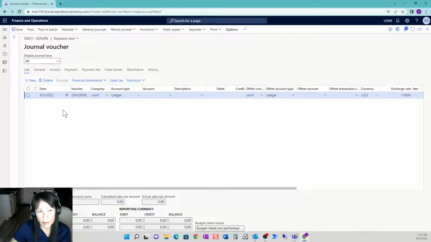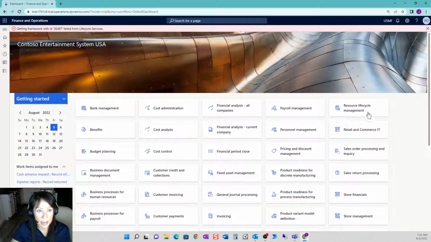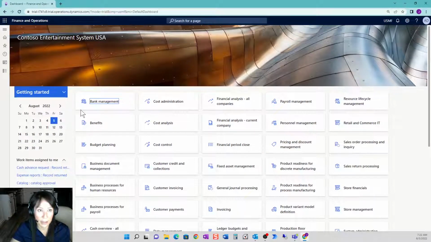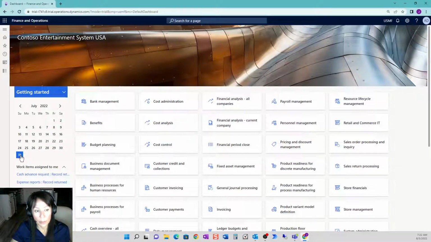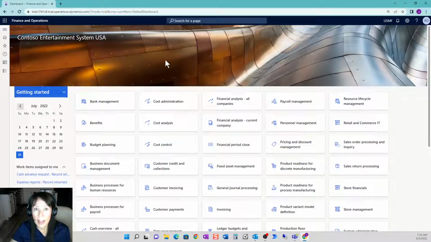But what I want to talk to you about is when you come in on August 1st or August 2nd and you still need to post transactions to 7/31, you haven't moved into August yet. This is just an example. Let's make this easier for the user by changing the sessions date. So here's the sessions date right on your face of your finance and operations screen. And so what we're going to do is we're going to just go to July and we're going to select July 31st. Do we want to change your sessions date? Yes. And as long as you stay in this browser window,